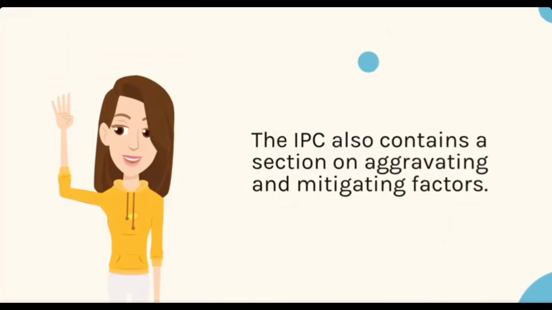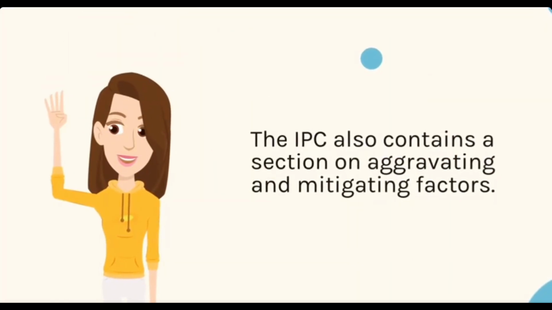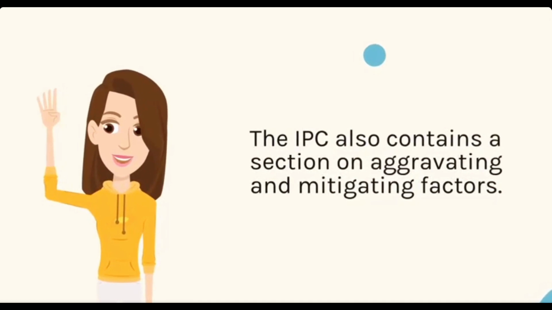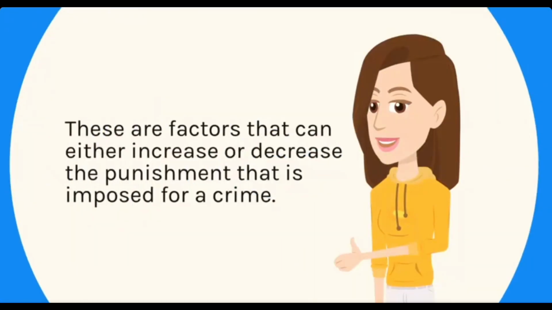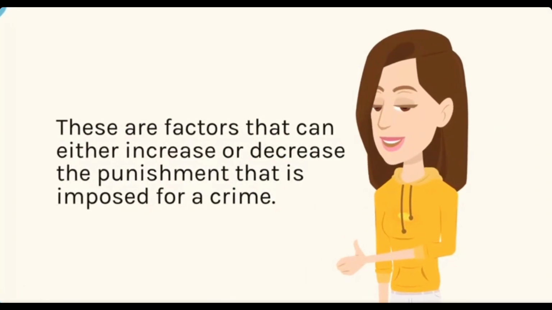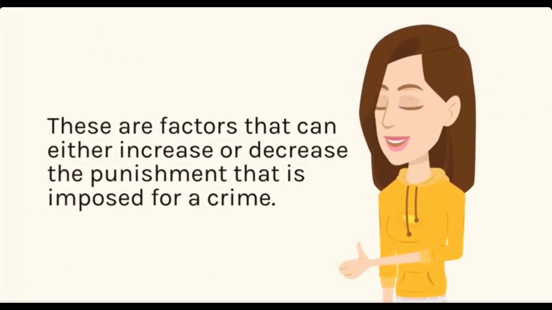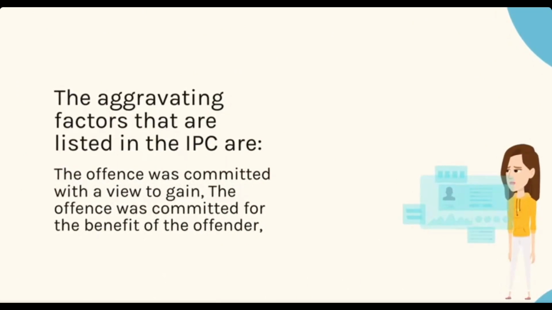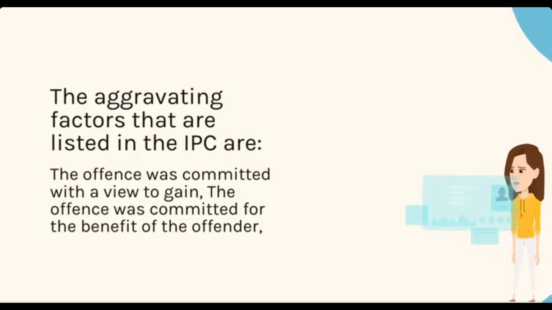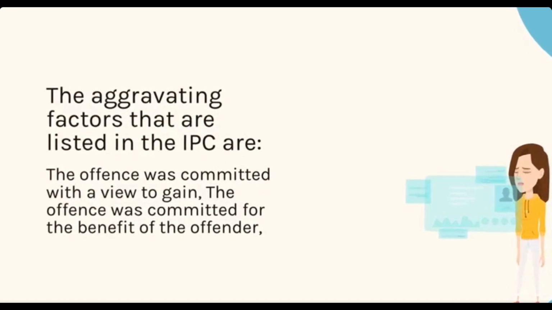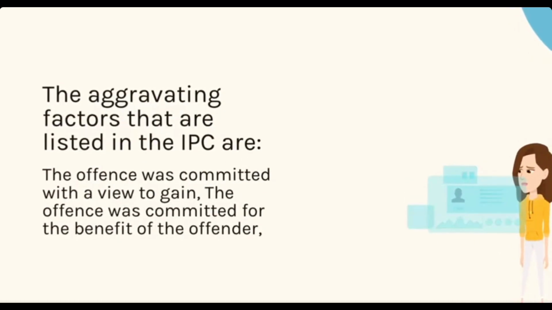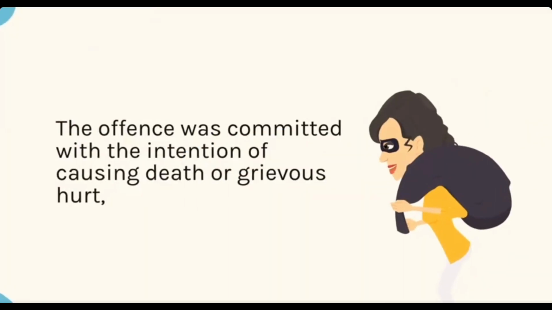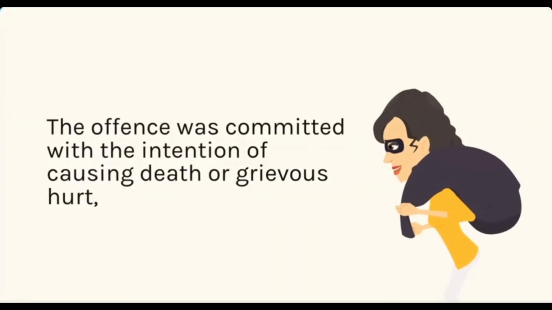The IPC also contains a section on aggravating and mitigating factors. These are factors that can either increase or decrease the punishment that is imposed for a crime. The aggravating factors that are listed in the IPC are: the offence was committed with a view to gain, the offence was committed for the benefit of the offender, the offence was committed with the intention of causing death or grievous hurt,